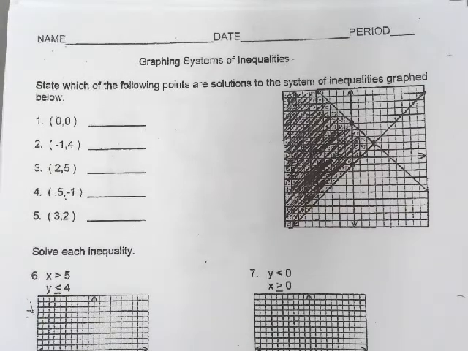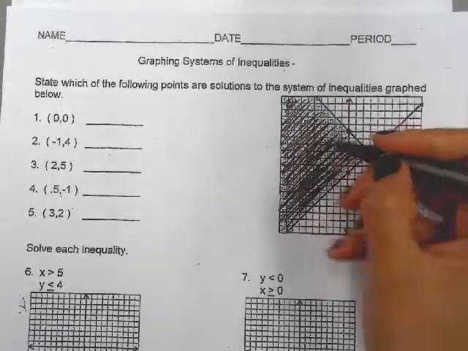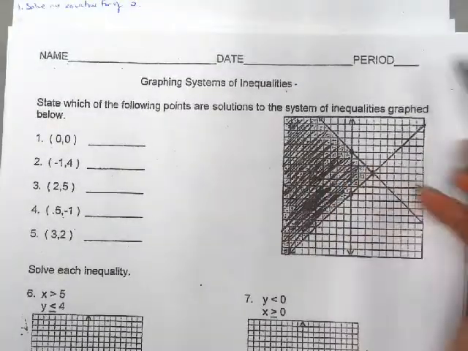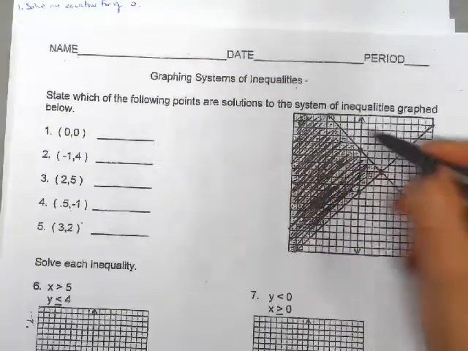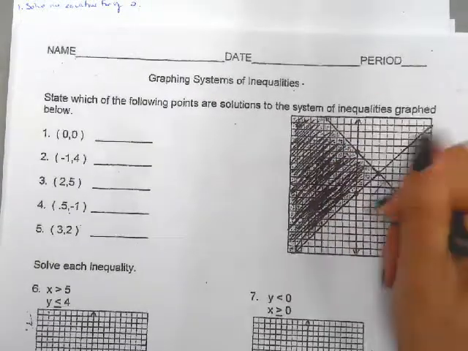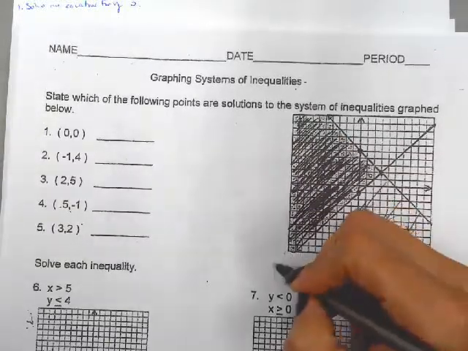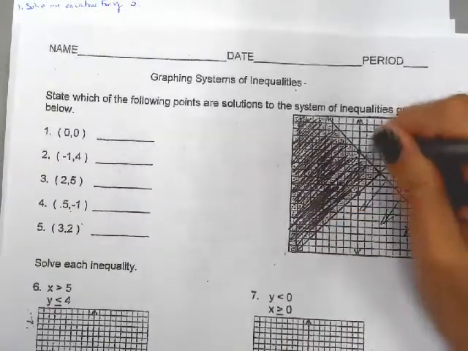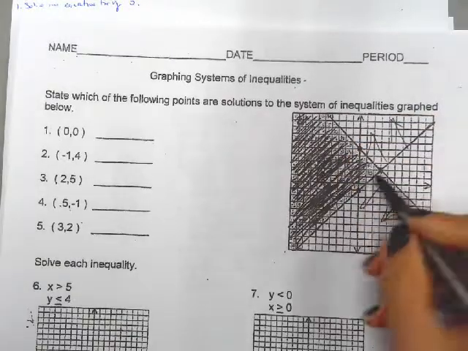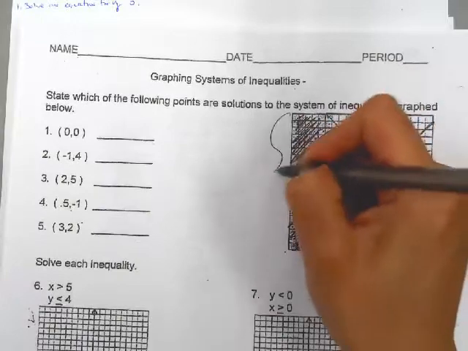So today we learned about graphing systems of inequalities, where the solution is always where the lines overlap. So if we would graph this line, it would shade this left side or the bottom part of the line. If we would graph this line, it would shade the top part of the line, and where they would overlap, this area right here, that is where our solutions are at